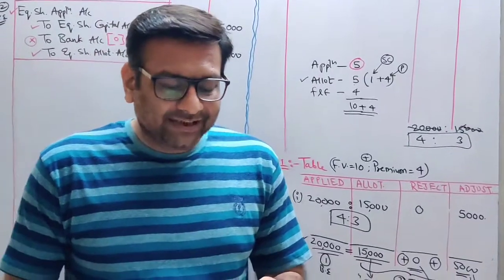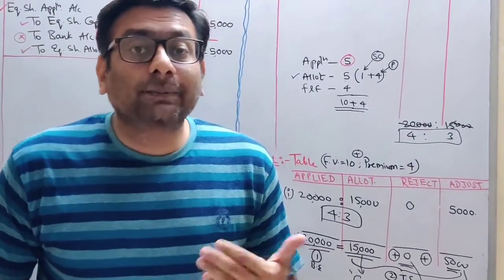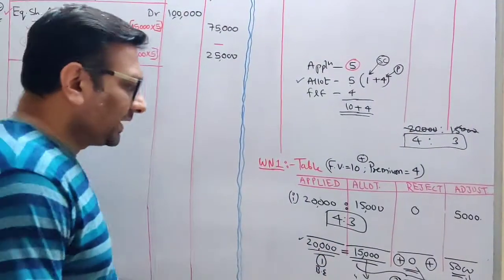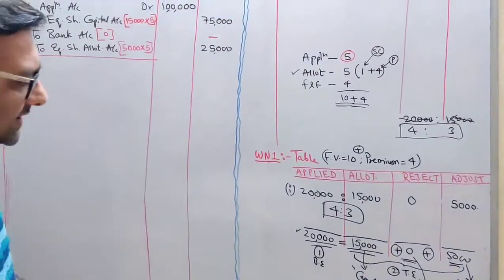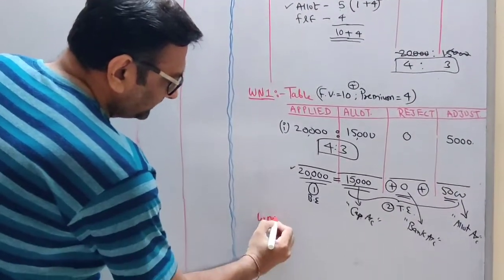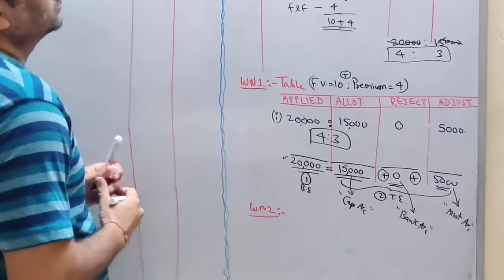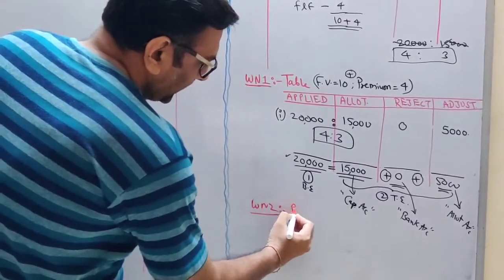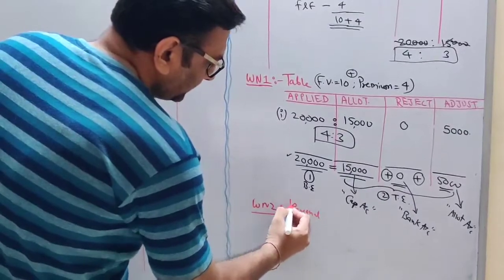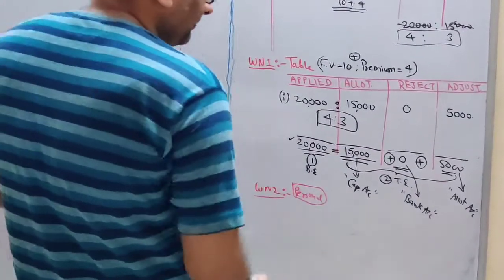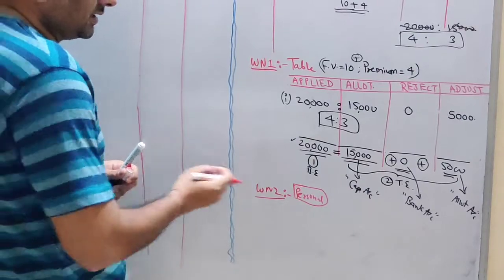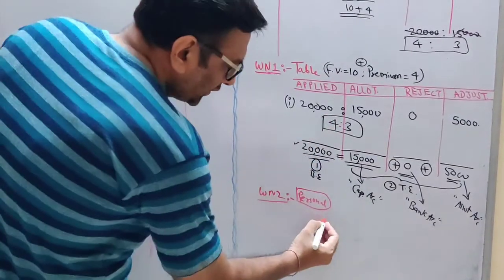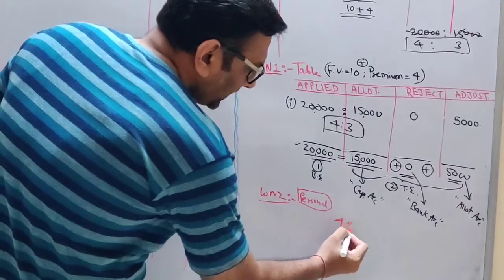Ashutosh, to whom 300 shares were allotted, did not pay the allotment money. So there is an arrear. So we need to do that second working note. So let's do working note number 2. Okay, this I call the personal working. We are doing the personal working of Ashutosh. Now how to start this personal working note? You will start with the ratio. So you write down the ratio first.